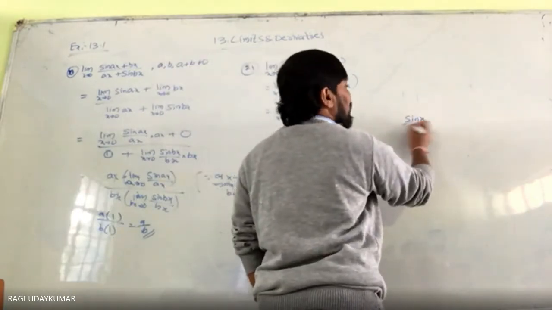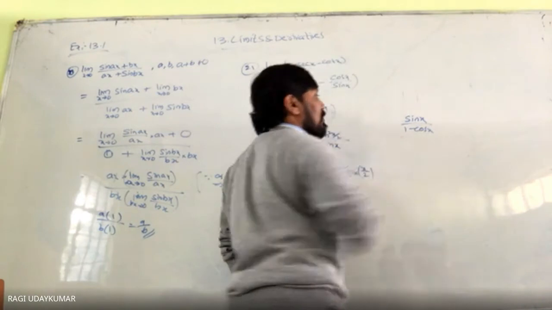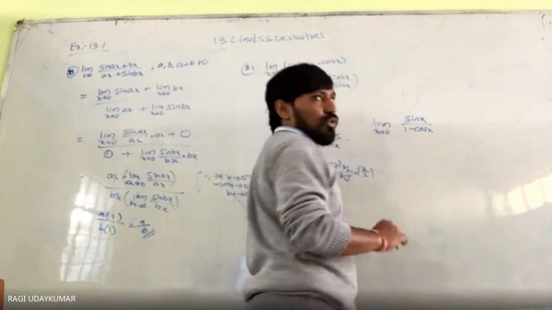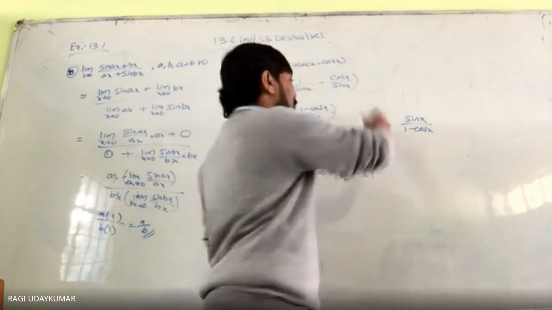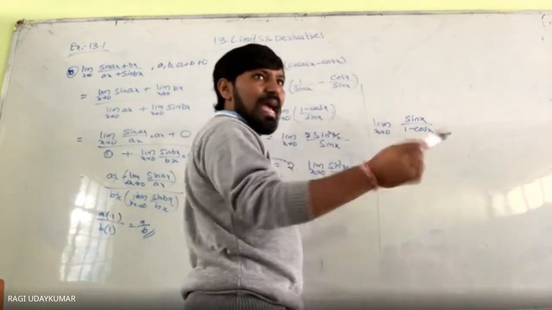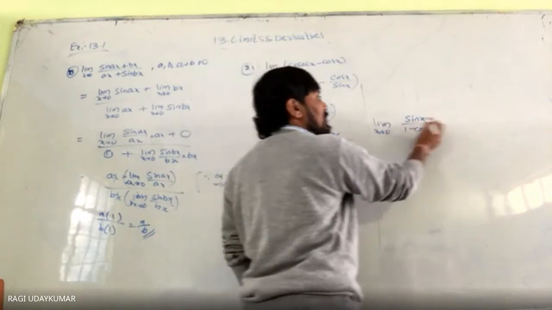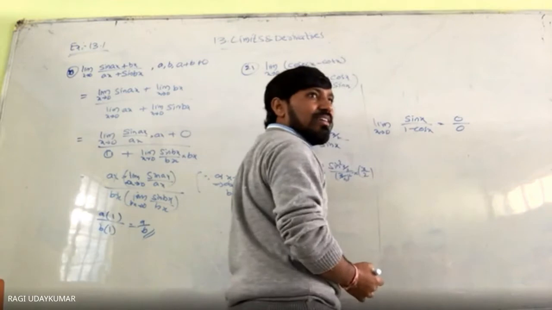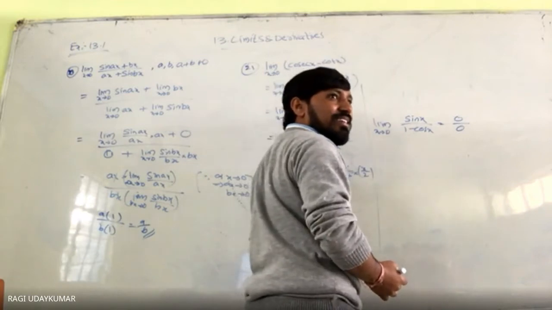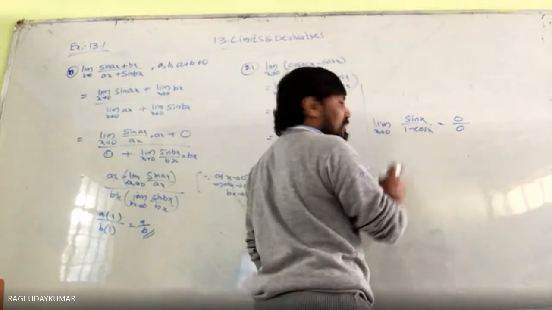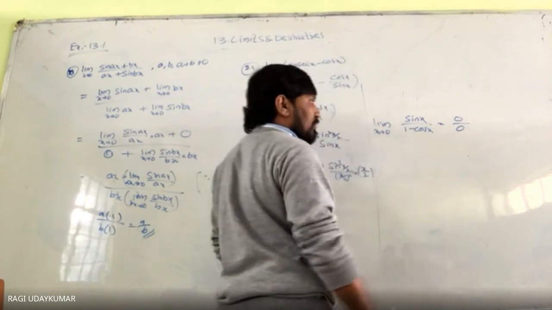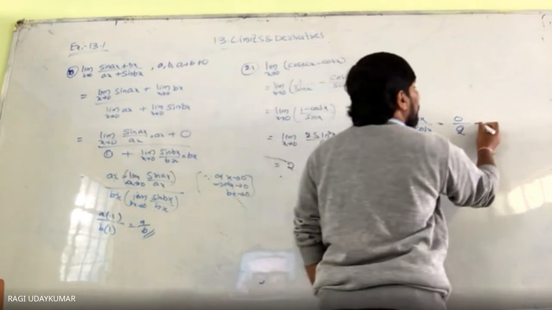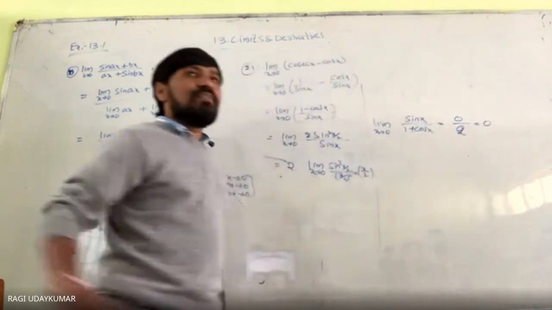Yes, you are converting, that is also right. If you are making it like this, yes, that is also right. In both ways you get 0. That's why I said, for one problem, there are multiple ways. As we did previously, x tends to 0, sin x by x, but here 0 by 0, 1 minus 0. If you are taking 1 plus cos x, yes sir, in the same way you get 0.